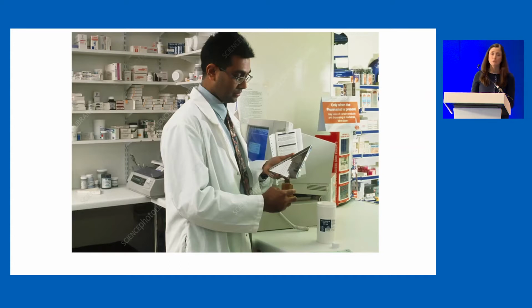But actually, this dispensing aspect hasn't been done, certainly in hospital, but even in community and in primary care, for quite a long time, decades even. And this change has come about more recently, in fact, because of changes in legislation. So as the nurses got prescribing rights in 2006, pharmacists became non-medical prescribers. And then we have had lots of national policy, such as the NHS 5-year forward view, and in 2019, the NHS long-term plan, recommending that pharmacists are an underutilised group of workforce that are able to work as independent prescribing